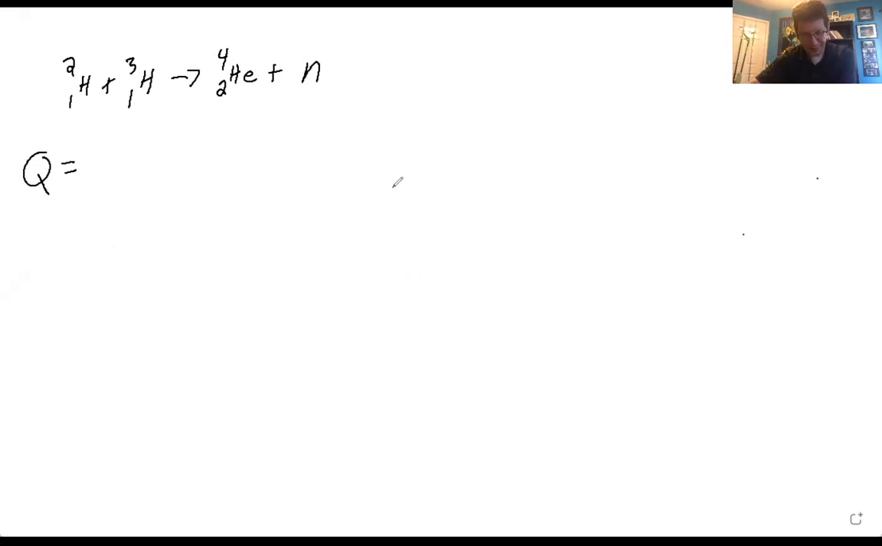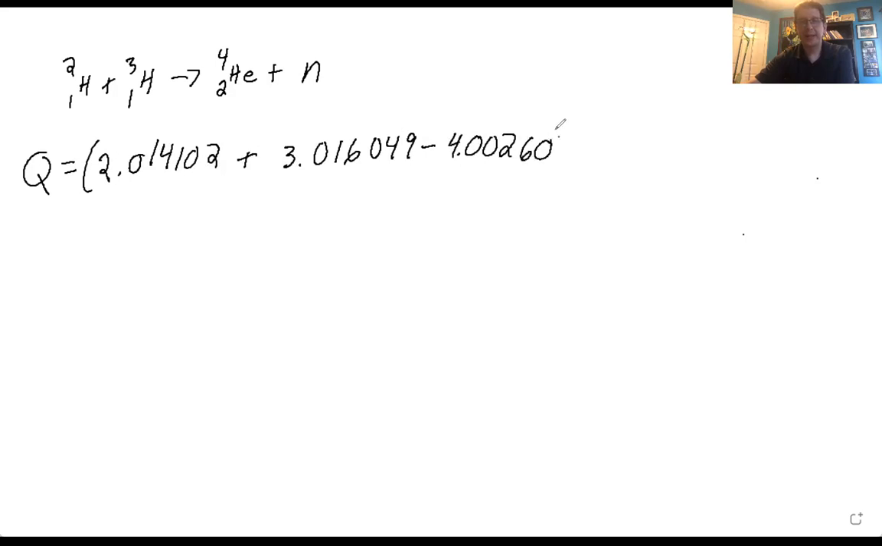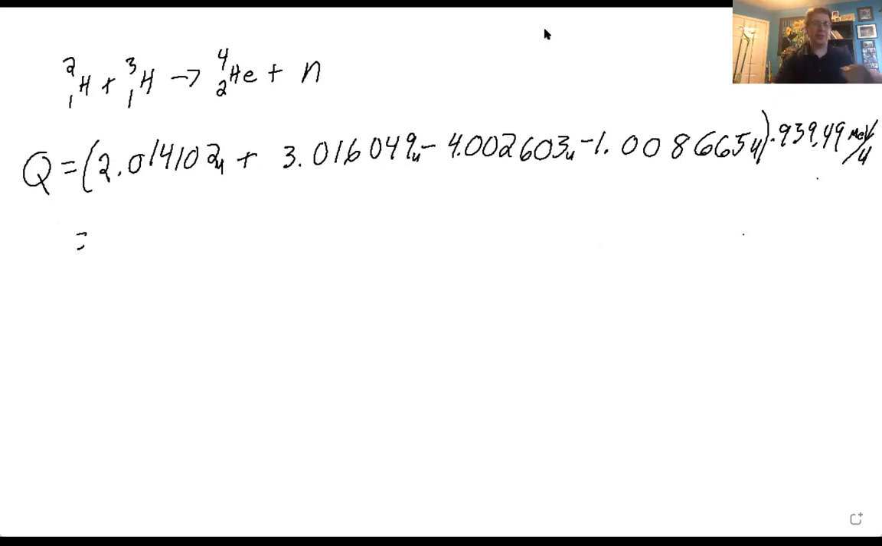So deuterium is, and then tritium is 0.6049, and you're subtracting helium-4, that's 4.002603, and that's all in atomic mass units, which you again multiply by 939.49 mega electron volts per atomic mass unit. And when you plug all those numbers in,